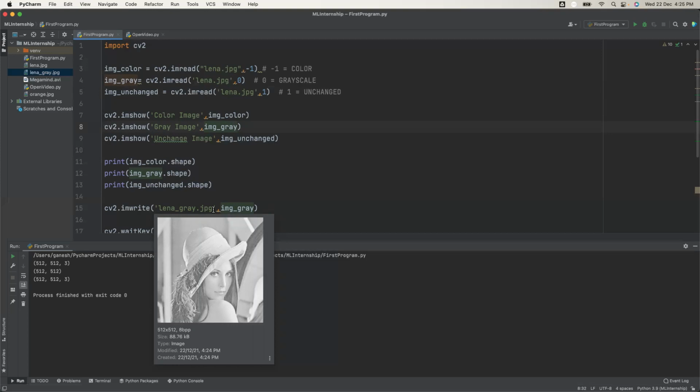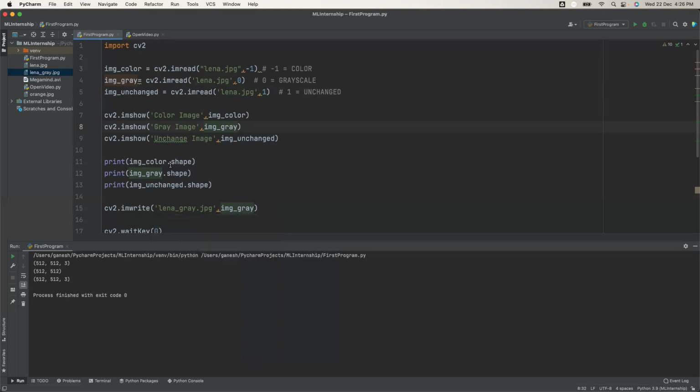Like for JPG, whichever image editor is your default image editor, that will open, like Picasa or Microsoft editor. And suppose if you give .avi, it represents a movie, so a movie player like VLC media player opens. PNG also works.